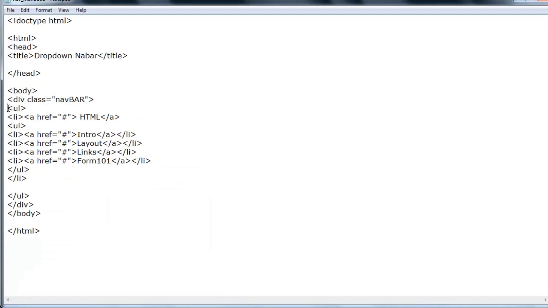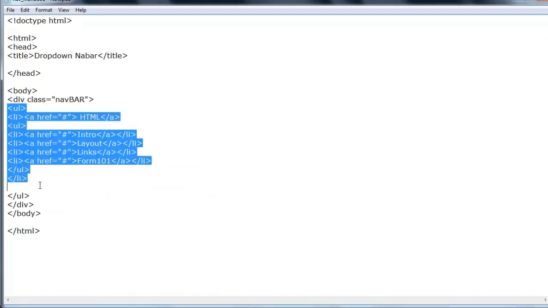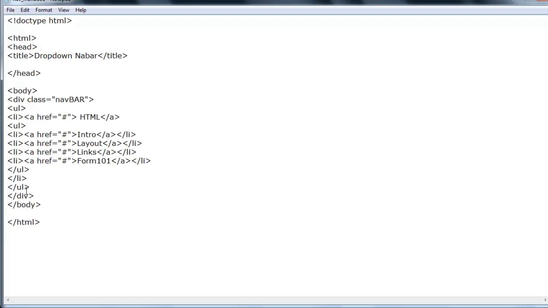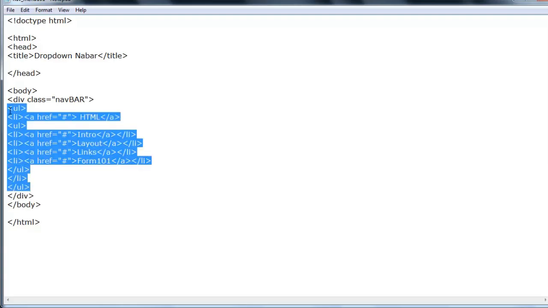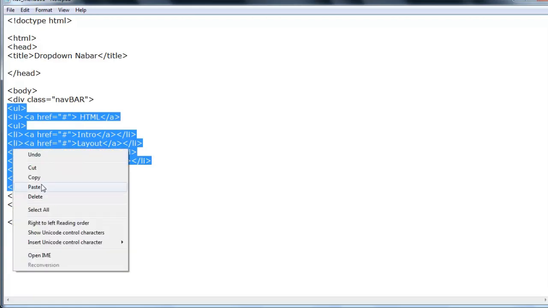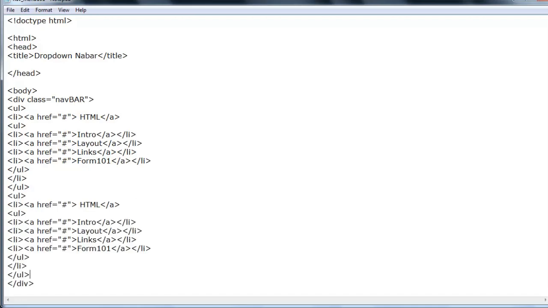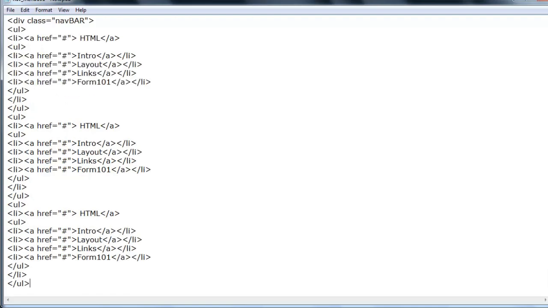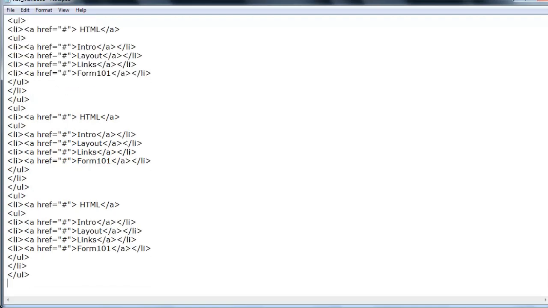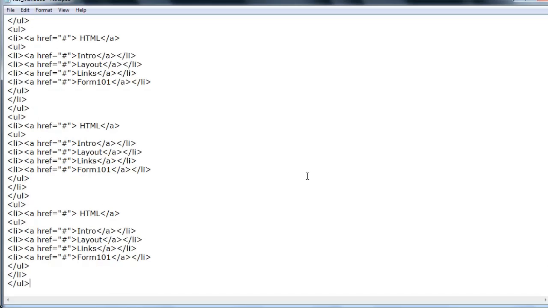Alright, so now let me just copy all that UL tag from top to bottom. So open UL tag, select from the first UL tag until the last UL tag and press right click, copy, and come at the end of the first UL tag and then press enter, and let's paste it. Paste one time, and then again enter, press second time, and then enter, press third time. Alright, so we have now four